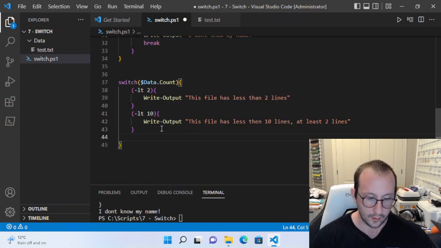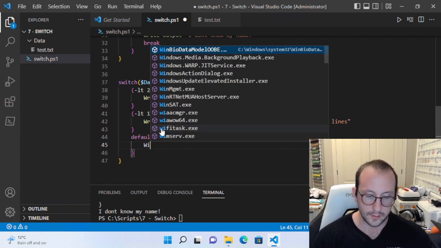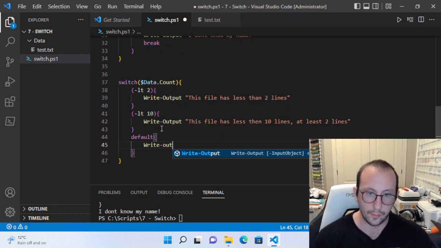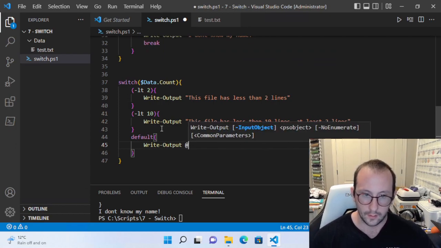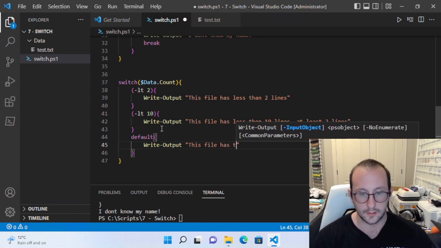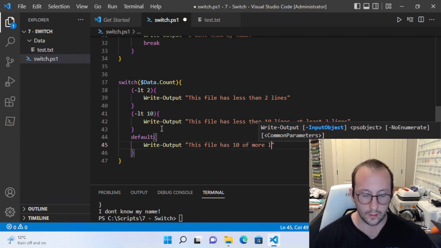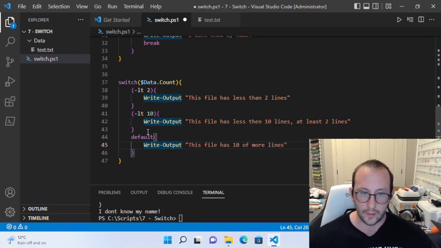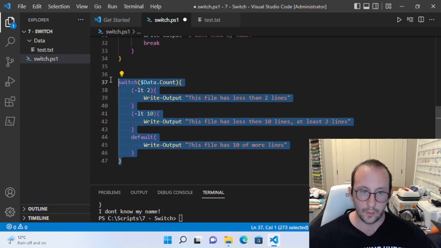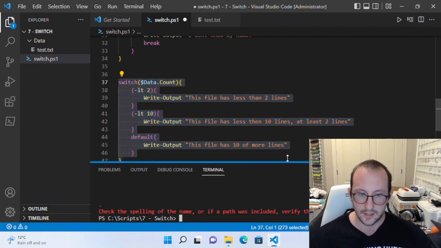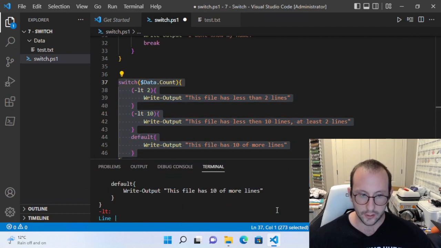And then we're going to have our default case, and we're going to write output, this file has 10 or more lines. All right, now we don't have any red squigglies, so if we run this, we should actually expect this second case to run. But as we can see, we actually get an error message, and our error message says LT,